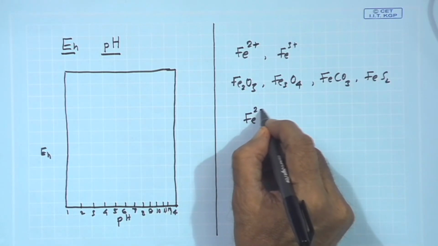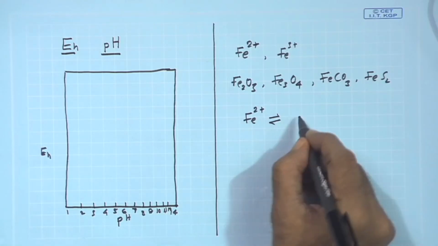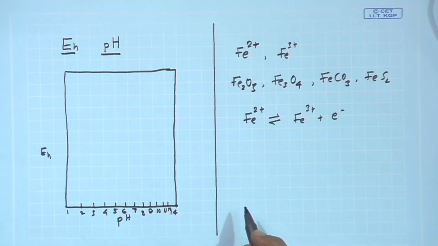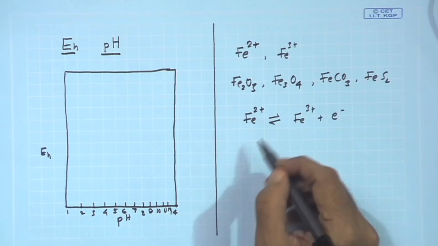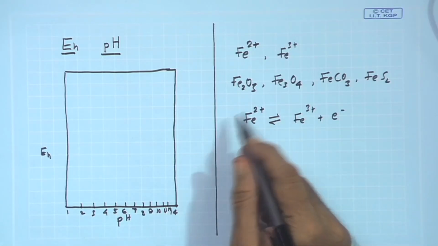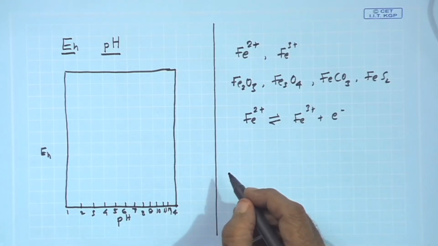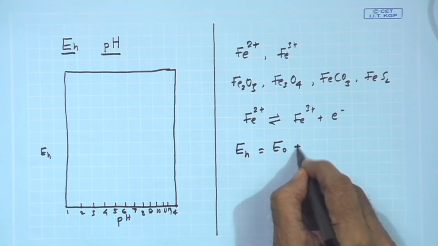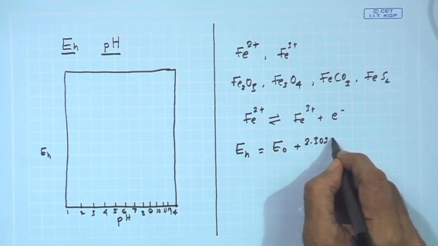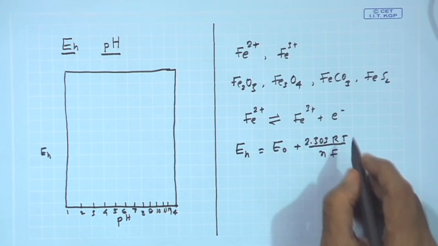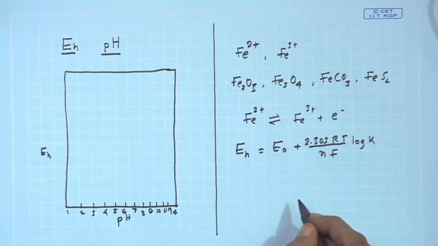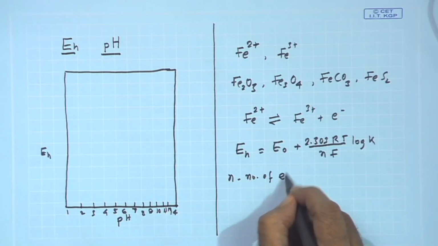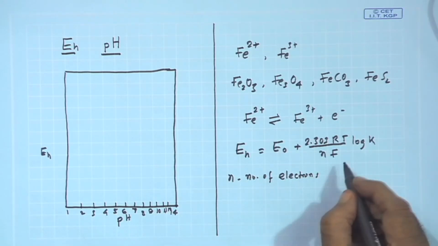If I write a simple reaction like Fe2+ giving rise to Fe3+ plus 1 electron, this becomes a redox reaction, which can be worked out based on the free energy change of the reaction, using the simple Nernst type equation, which gives Eh equals E0 plus 2.303 RT by nF into log of K. In most cases this n stands for the number of electrons involved, and F is the Faraday constant,